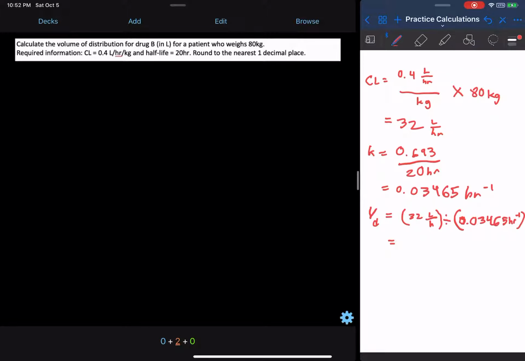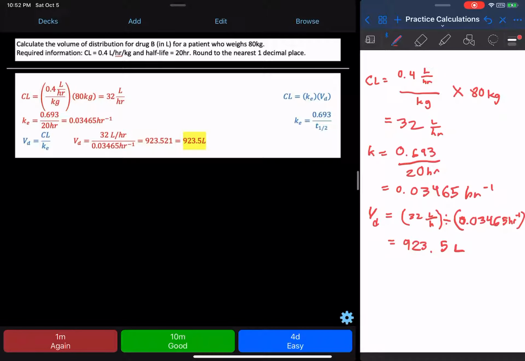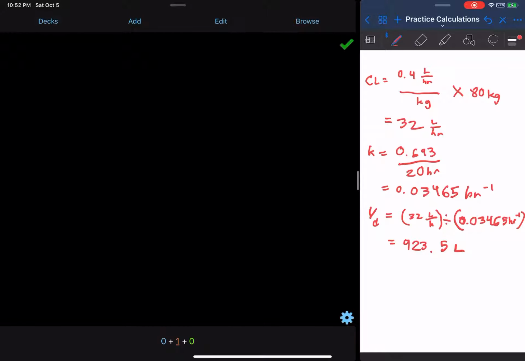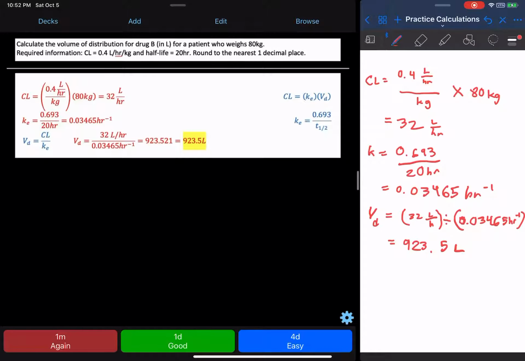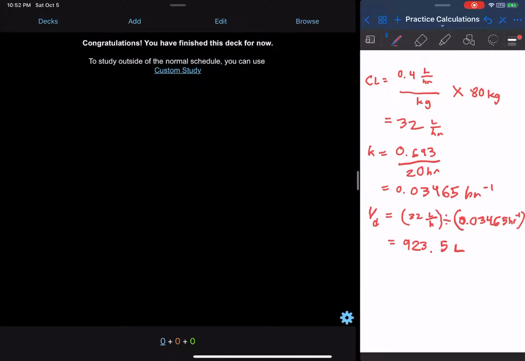Okay, so I came down to 923. Okay, they wanted one decimal place, so 923.5 liters. And the answer is on Anki, 923.5 liters. Alright. It's about the same thing. And we just finished this deck. So moving on,